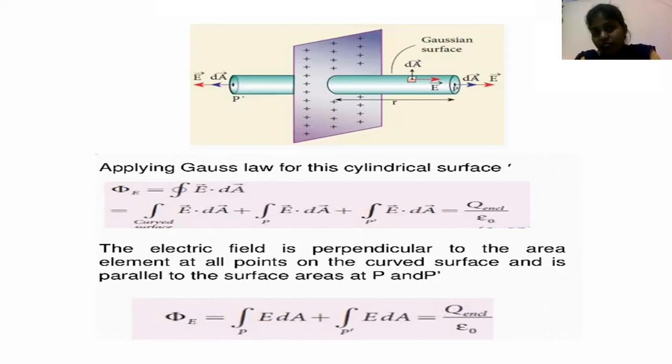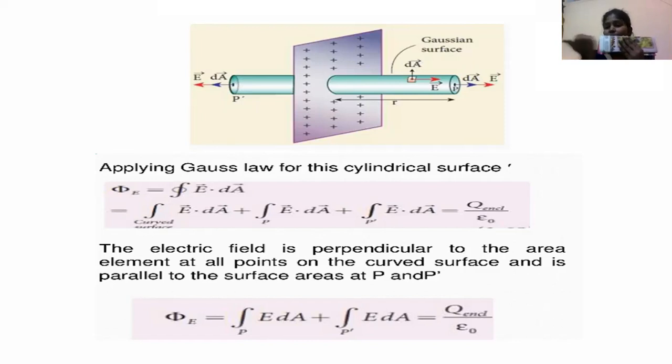So to find the electric field, since for a plane charge we have symmetry, as we discussed in the Gaussian surfaces, we have to consider a pillbox. We are considering a cylindrical surface, or let's say a pillbox, as the Gaussian surface. So you have the other two sides, P and P dash. Just imagine the cylinder now horizontal, like the pillbox like this. So P and P dash.